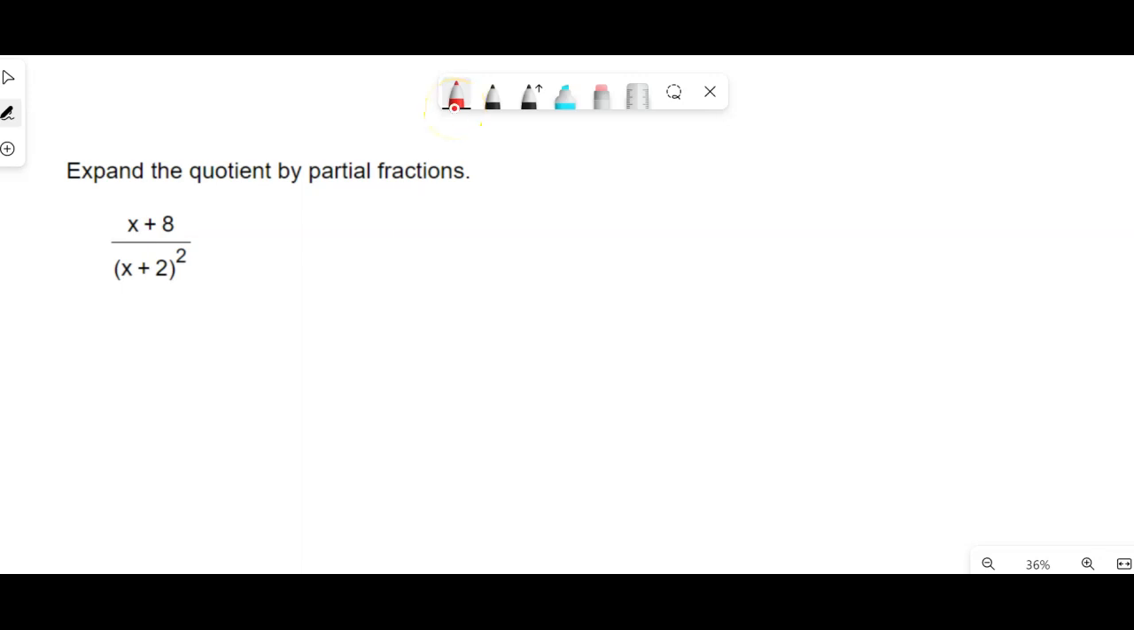All right, once again, this one is not asking us to integrate anything. We don't have an integration symbol or anything out here, so we're not integrating. We're just doing the partial fraction decomposition. All right, what we have to remember, especially when we see powers on these terms in the denominator, is that if I